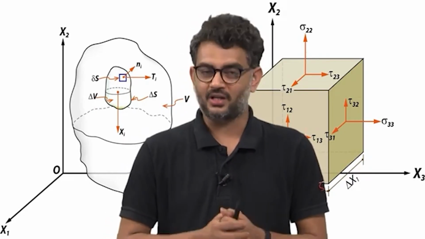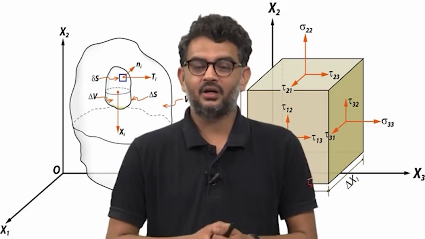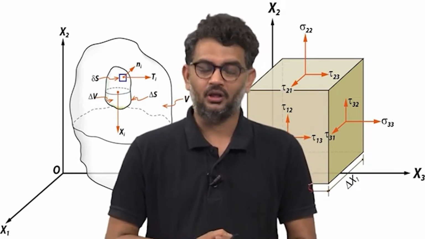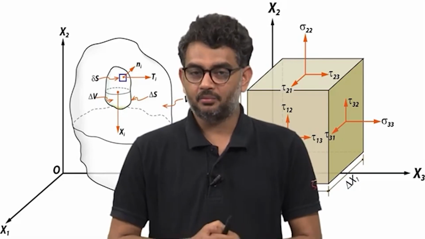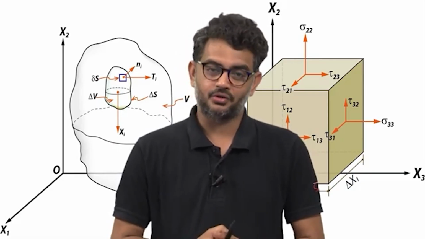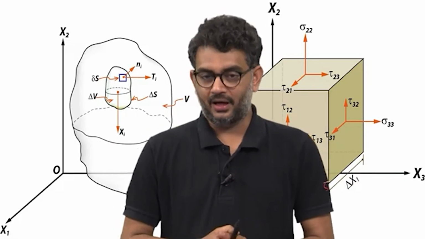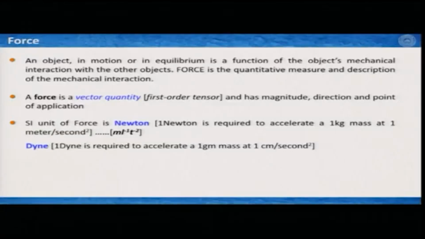For example, I am standing here, apparently no one is pulling me or pushing me, but there is at least one force acting on me. That is the gravitational force which is going down, and then there is an opposite and equal force acting from the ground to me, and that is why I am more or less balanced here. So it is the interaction of the material